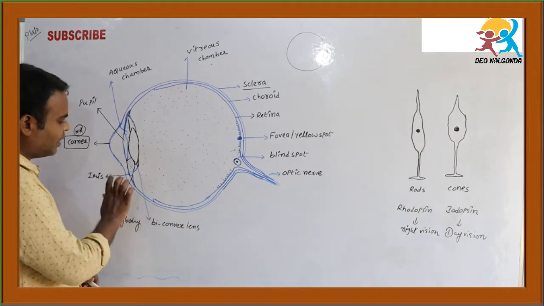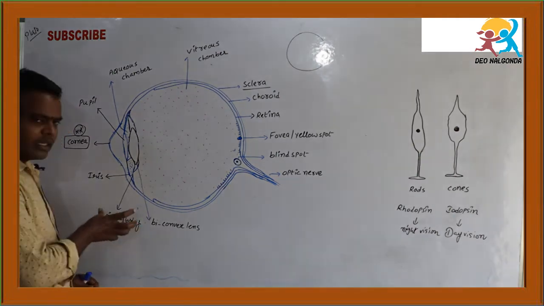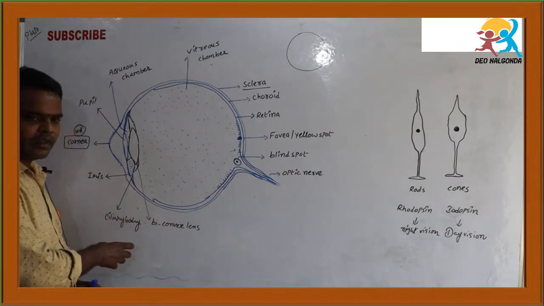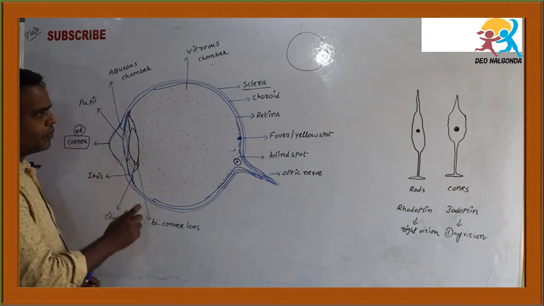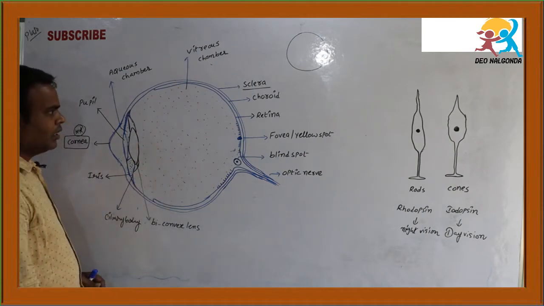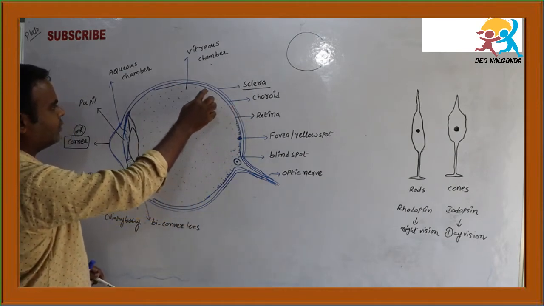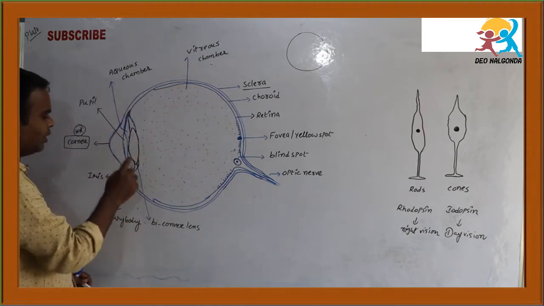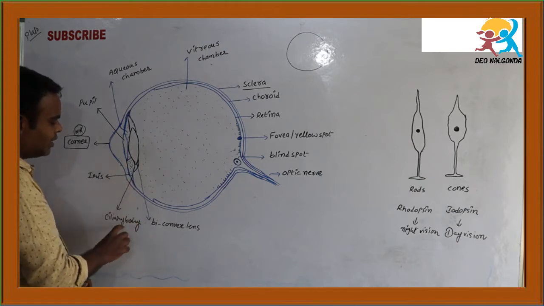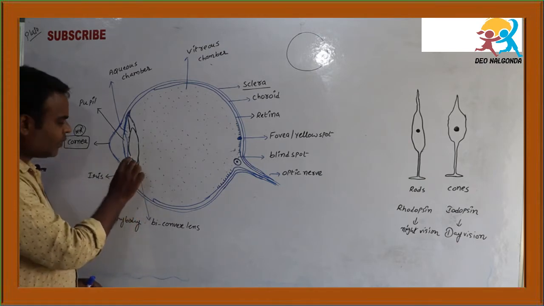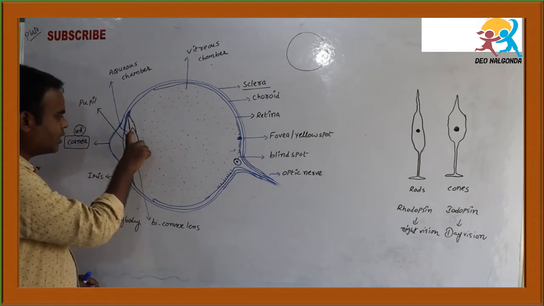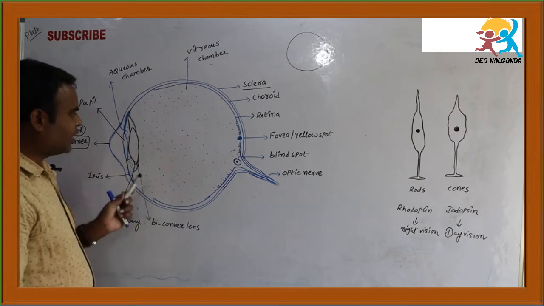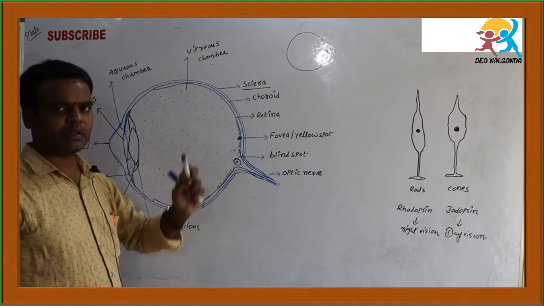Next, another one is from the choroid layer only. Another is the suspended filaments which are formed from the ciliary body, or ciliary filaments, also one of the parts of the choroid membrane. So here you can understand that the choroid is the middle layer, it forms the iris and also the pupil and also the ciliary body, and this ciliary body contains the ciliary muscles. These ciliary muscles hold the biconvex lens which is present at the anterior part of the eye. So this is about the choroid.